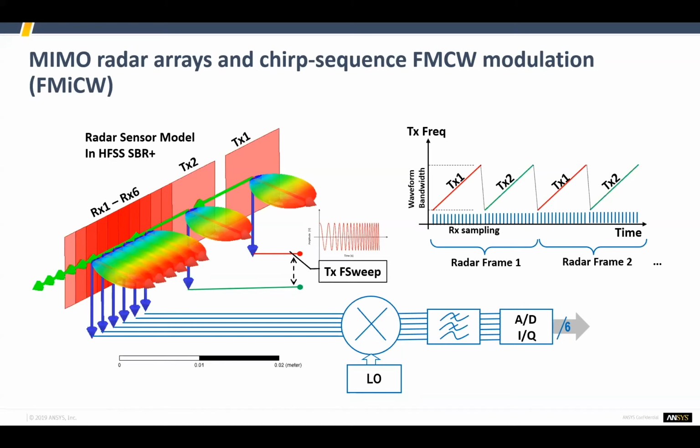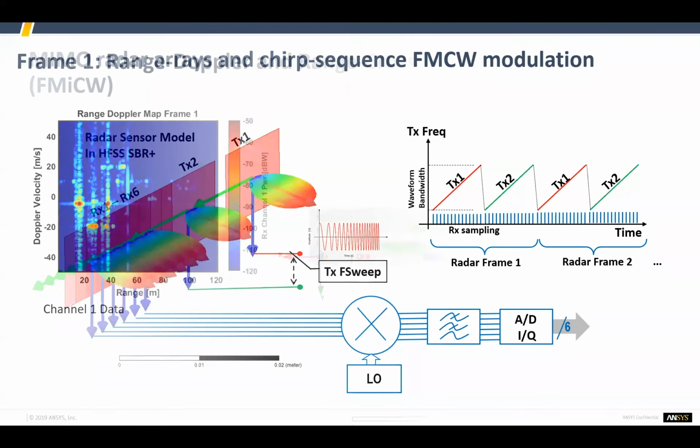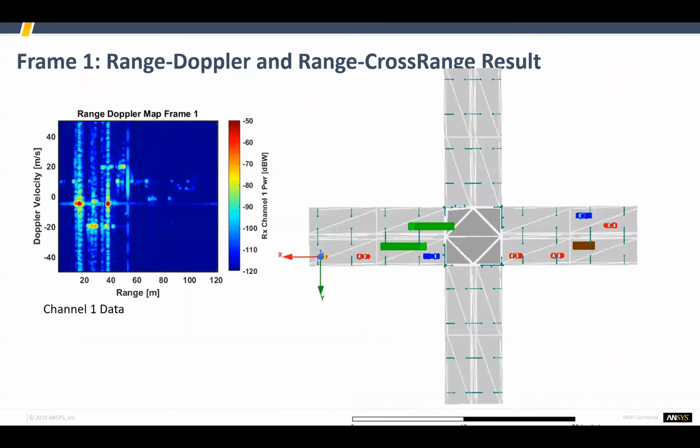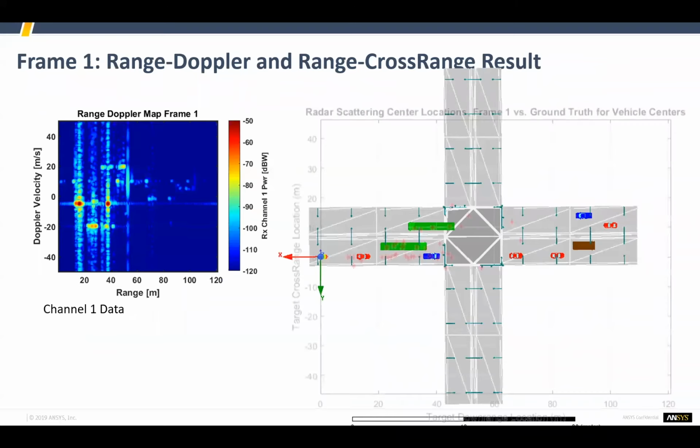So then we can look at our radar frames, we can look at our sampling, we can hook it up to a local oscillator, a mixer, we can put in some filtering, and then we can do some analog-to-digital conversion, and out will pop our radar range plot. It looks way more complicated than it is. Our radar range capability is actually quite sophisticated,